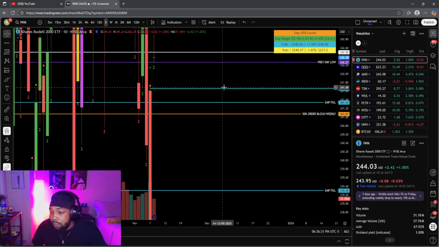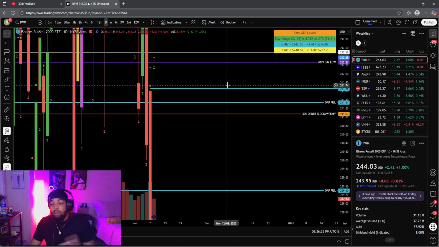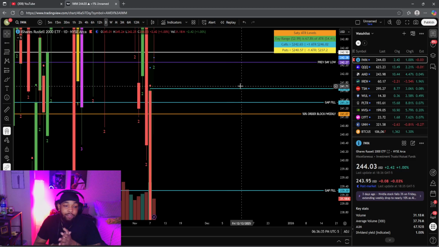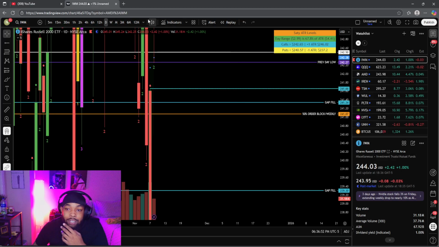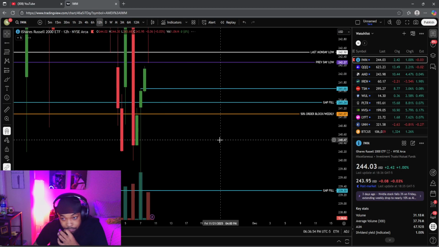I literally set an alert here because I was like, okay, cool, I will play off of this level. And in that video, I did say this could happen overnight, because the market opens for institutional buyers and things like that around 4 a.m. So this stuff can happen overnight, like my analysis could play out overnight. When I marked this line out, I dropped down to this 12-hour time frame